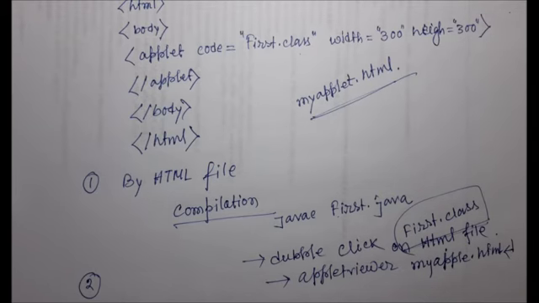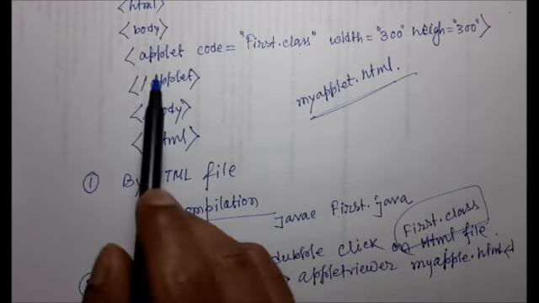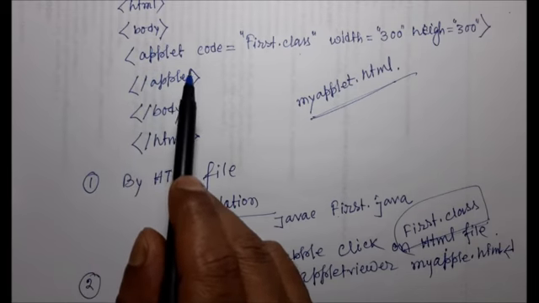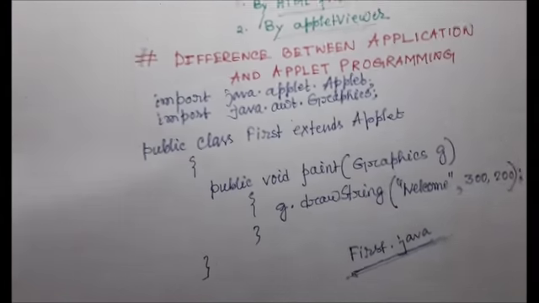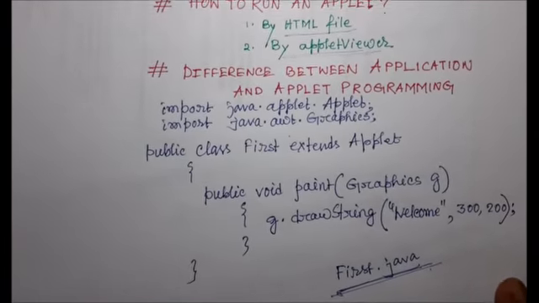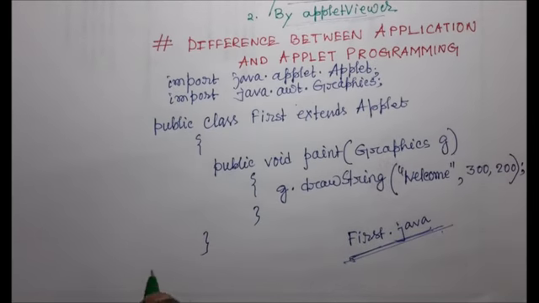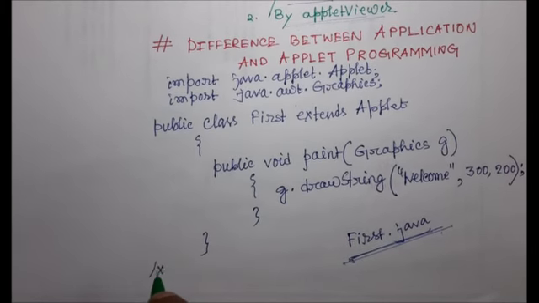And in the second procedure, instead of writing this applet tag in a separate HTML file, I can write the HTML code, or we can say applet code, in my Java program. How do I do that? Anywhere in your Java program file, you can write this applet code, and of course you write it within a comment so that it is ignored by the compiler, but you have to write it.